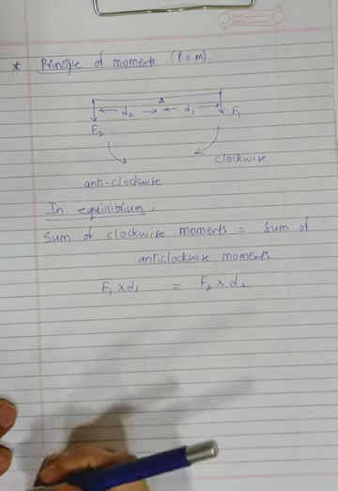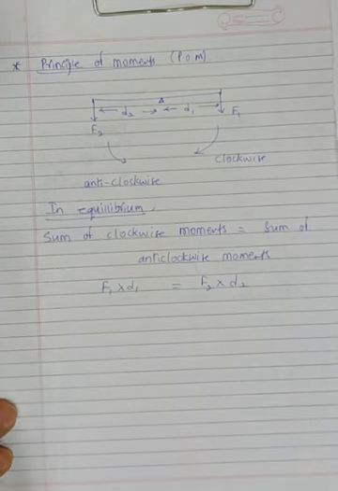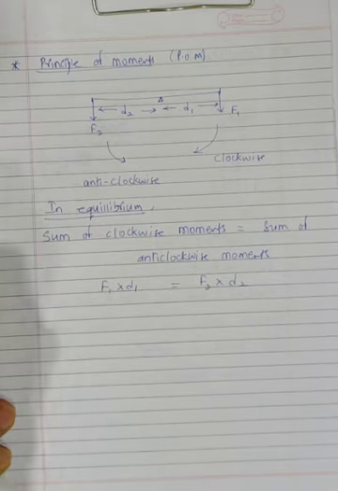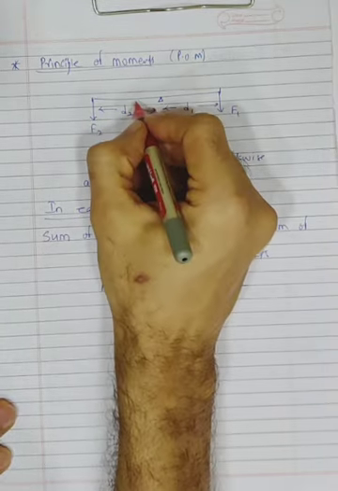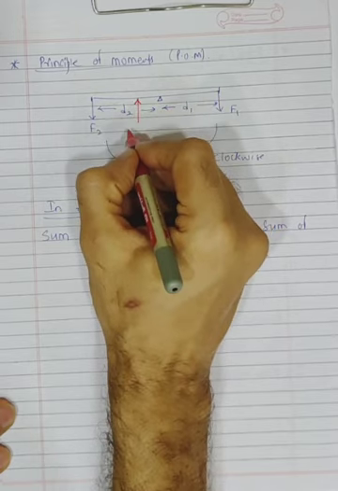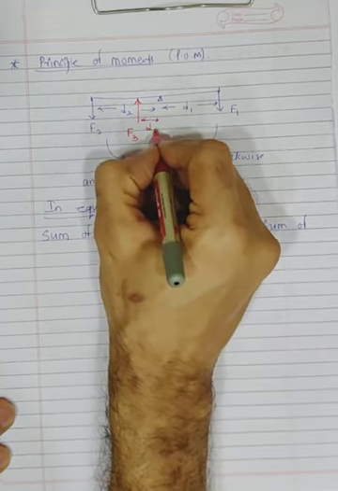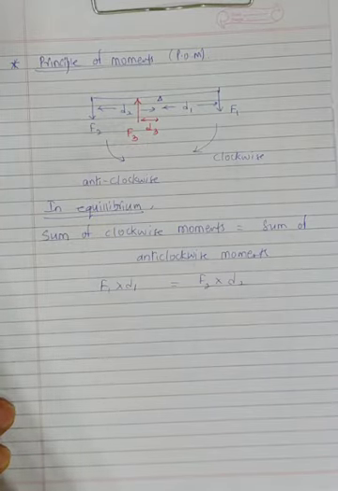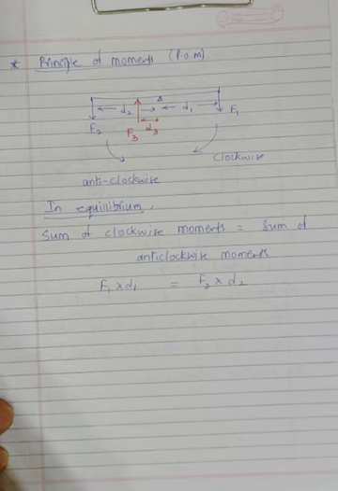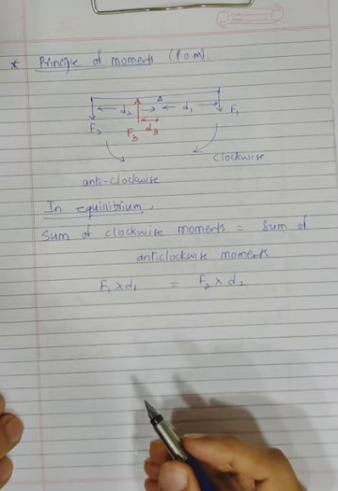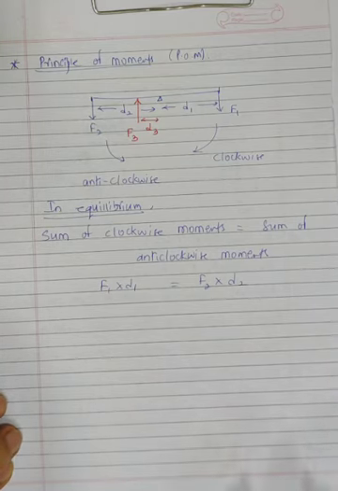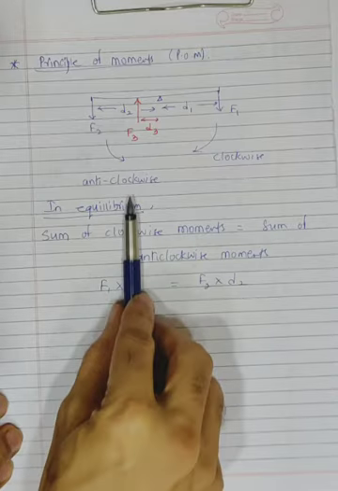Okay. Now just one more logic. Look at this now. What if they tell you that there is one more force F3 out here, which is at a distance of D3? Then where to add this force? How will you add this force now? First tell me what kind of moment this force F3 is producing. So it is producing a clockwise moment. How? This is the force F3 going up.